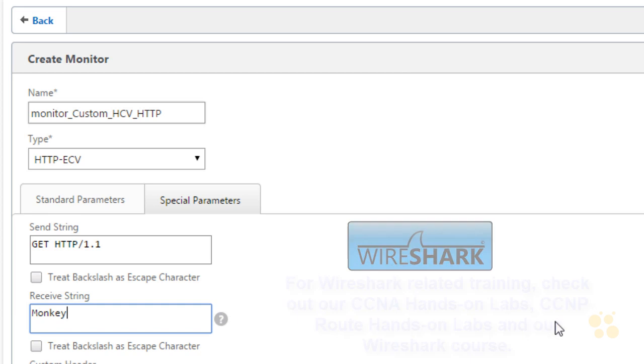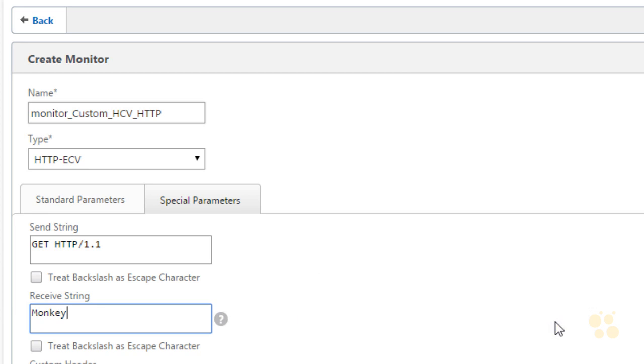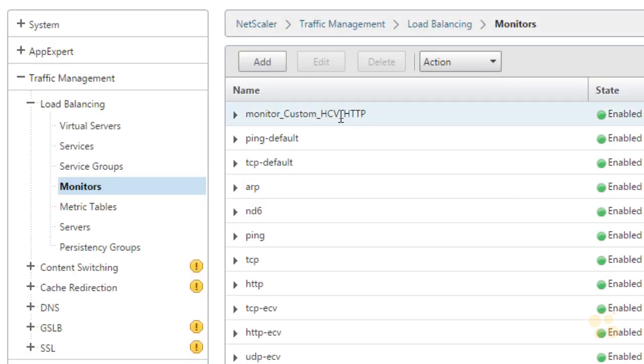And you know what, just for grins, let's go ahead and type in monkey face, because monkey face is not in there. I want to show you what it looks like when it fails, and then we'll go back and correct it, and then we can see what it looks like when it works. So monkey face is not part of the content. We'll click on create. So now this monitor is just sitting there in the config, pretty much wasting space until we bind it to a service that will then use this monitor. So next, let's go to